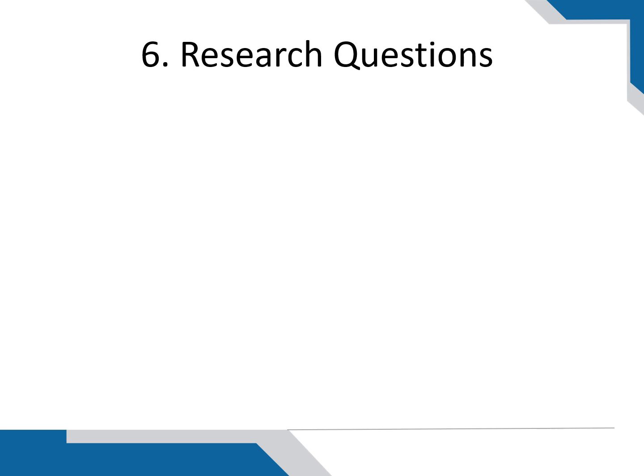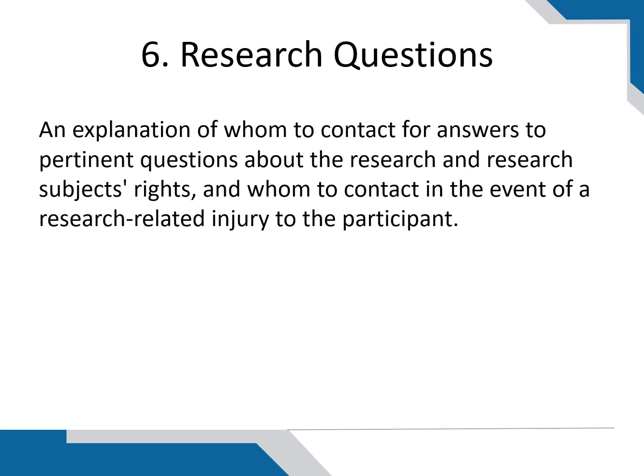Then we have the research question. So there should be an explanation of whom to contact for answers to pertinent questions about the research and research subjects' rights. If the participant needs to ask something or needs to complain about something, there needs to be enough information for them in the informed consent as to whom to contact in the event of a research-related injury to the participant or any kind of complaint. A researcher can insert phone numbers of the PI, of the research ethics committees, and